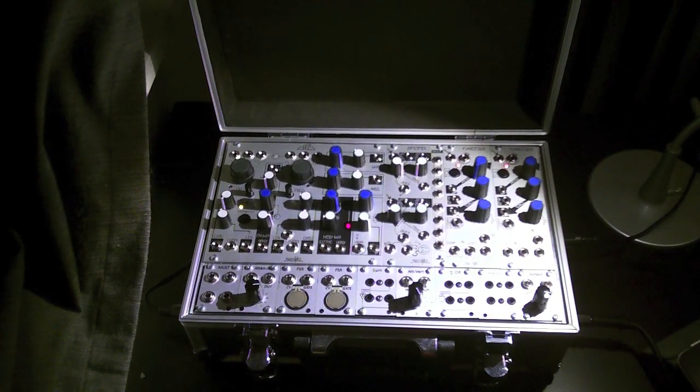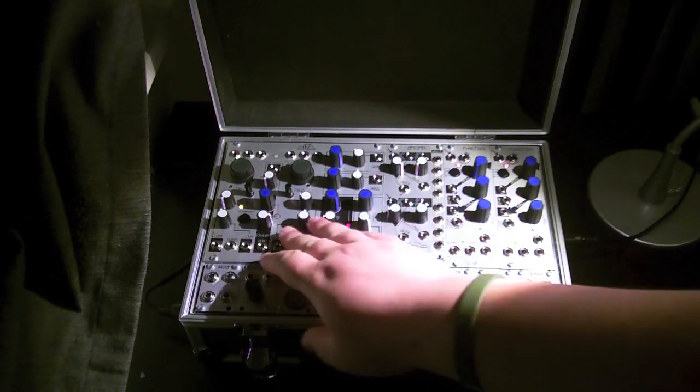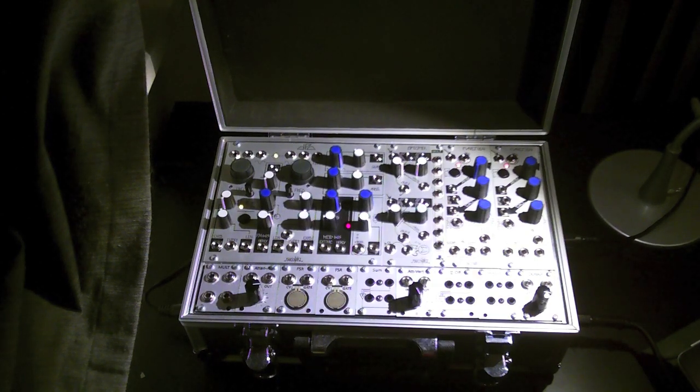It's got a lot of bending and crazy relationships happening within the FM bus and things like that you can exploit. So it's really different from the 259, the 258, and the Music Easel oscillator, which sits somewhere in between the 258 and 259. You have the timbre circuit from the Easel oscillator, sorta. You have your wavefolding section on the DPO. You have some extra functions with all of the FM normalization down here and the follow circuit, things like that. So it's quite a full-featured oscillator, and I don't really think it lacks anything functionality-wise. It certainly sounds different from the Music Easel oscillator, but it's got the same